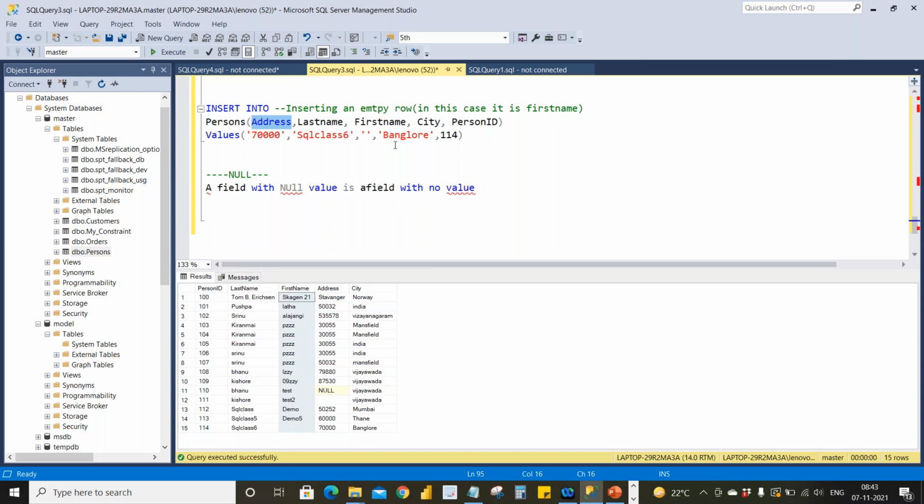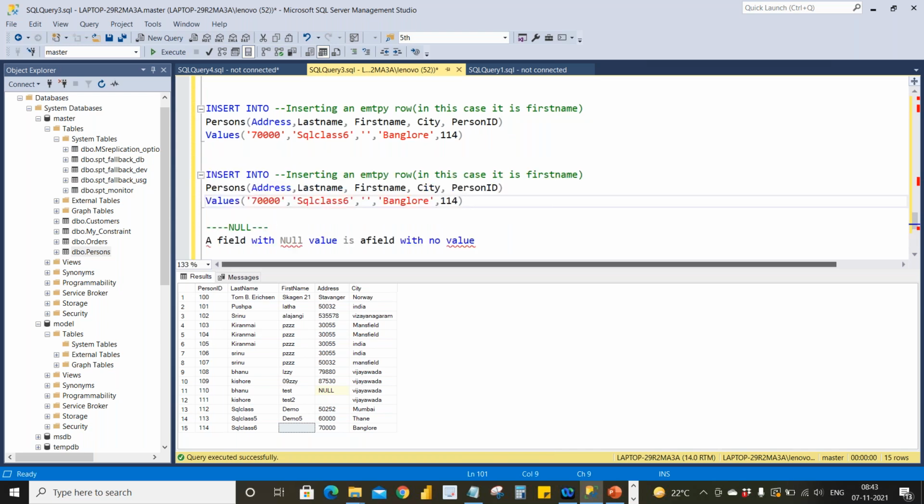And also you can insert a record with spaces in this particular data. Suppose I want to insert a space. So what I do here, I'm going to insert a space. If you observe, I have inserted one space. Even this will be taken as a value. We no longer say this is an empty value. This is a space. One value is there, which is a space.